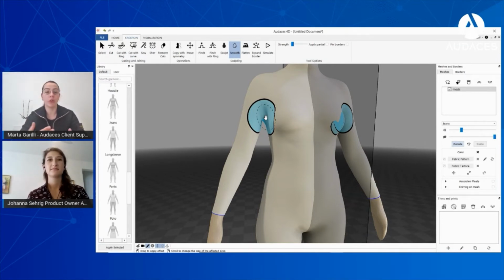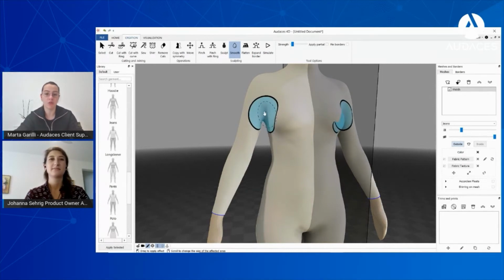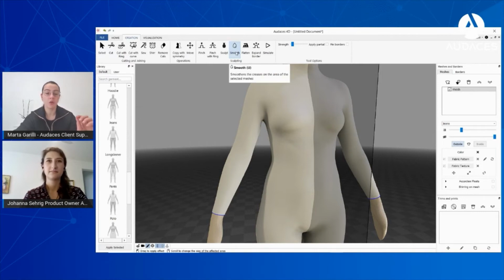tool. Or you are doing a modification, as I did now, and you don't really like it because you see some imperfections in the fabric, you use smooth to cancel these imperfections. So the smooth tool is really, really good and can be used in a lot of situations. So when you